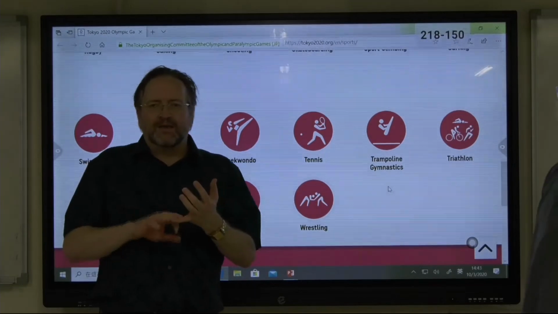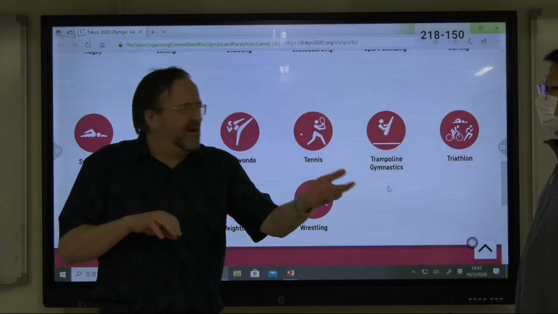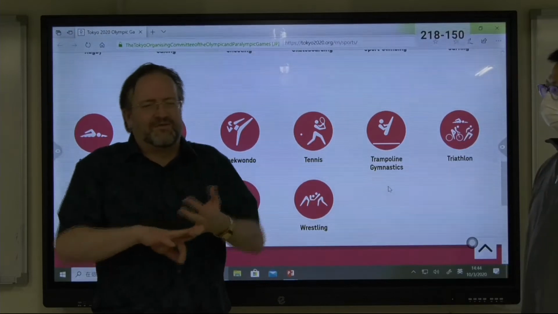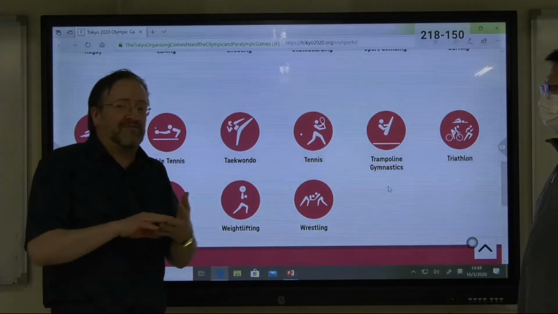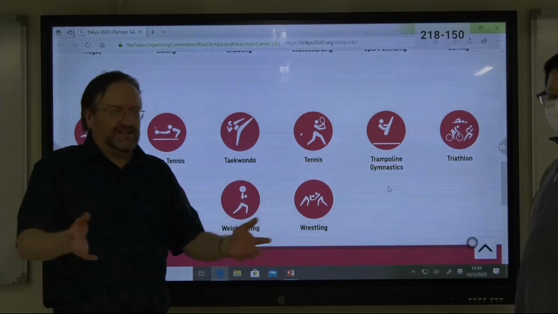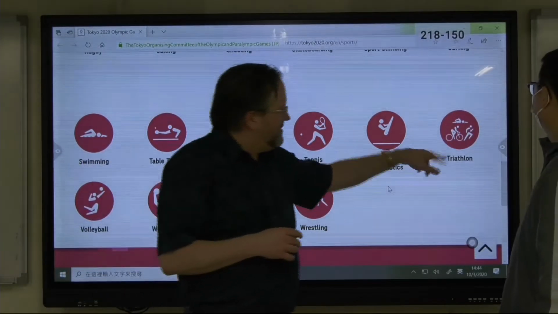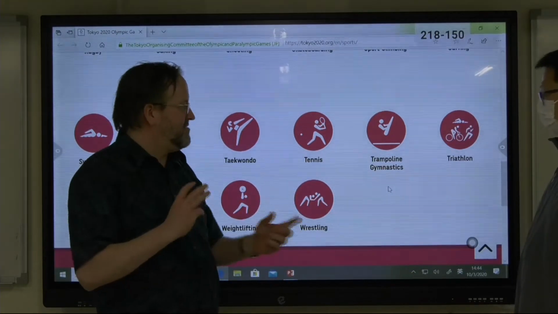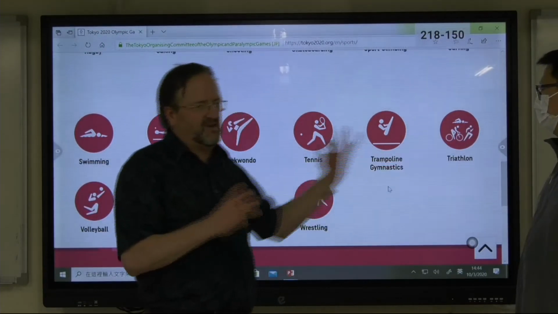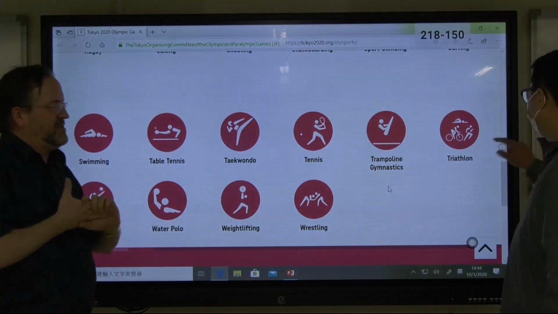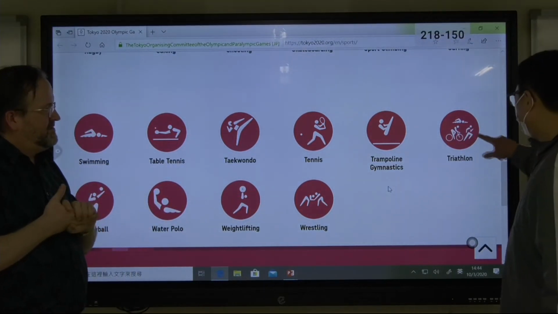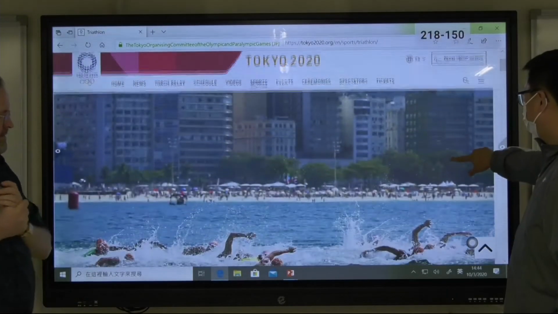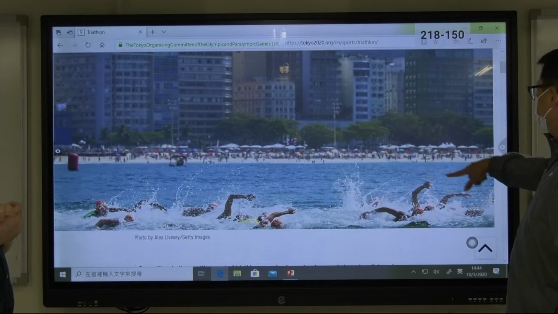Usually it's running. So they have to run like, I don't know how many, 20 kilometers, and then they have to bicycle for 50 kilometers, and then they have to swim a great distance as well. But these can be different. It's not always swimming, biking, and running. It can be three other things, but in the Olympics, those are the three that they usually do. Okay, and now we'll just have a look at this. That's the swimming part.